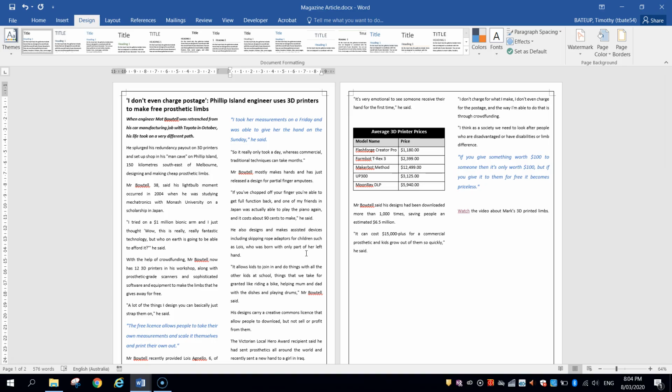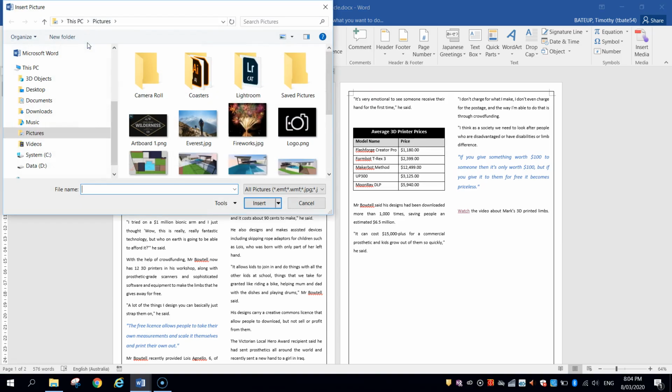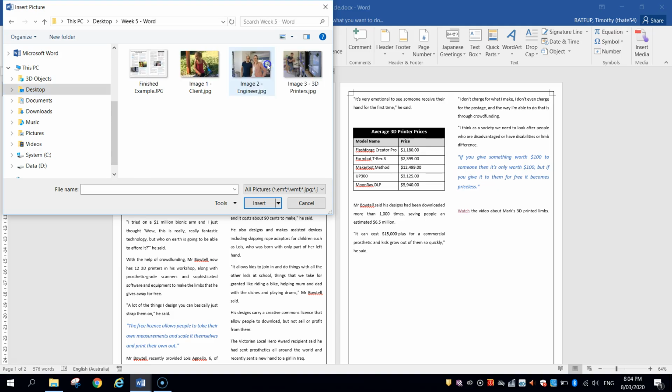After that, I think we might put in some pictures. Okay, it's lacking a bit of colour at the moment, so by putting some pictures in there, it will jazz it up a bit. So there's 3 pictures that we need to put into this document. The way we do that is go to the Insert tab here, and you can select pictures. Now your teacher will show you where to find the 3 pictures for this article. Now I just need to go to my desktop and find them from the folder.